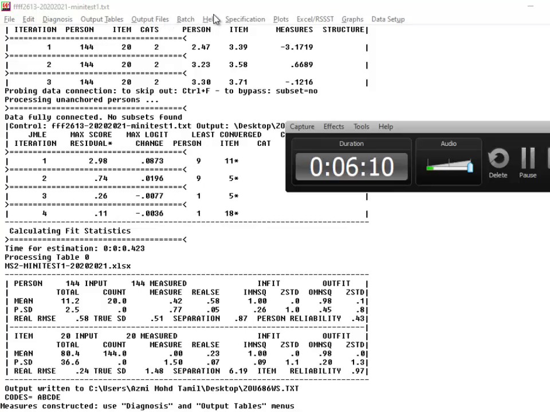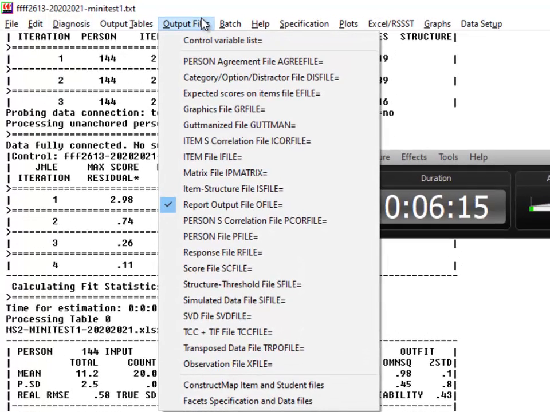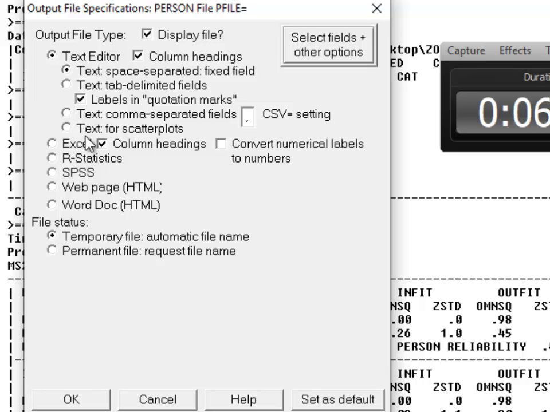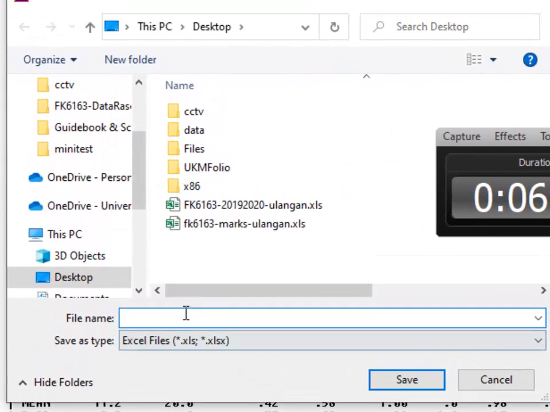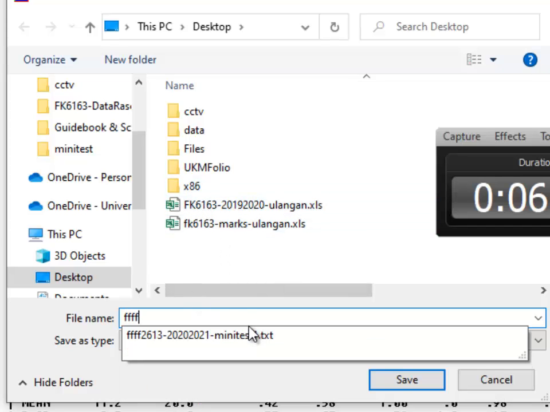To get the marks, we need to generate the marks for the students. So I'm going to use output files. What I want to generate is the person file, so click person file. I want it to be an Excel file, not text editor, so Excel file. I'm going to generate a permanent file. Click OK. Then they're going to ask me for the name. Let's put it on the desktop, and the name is FFFF